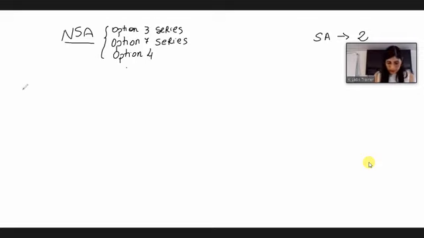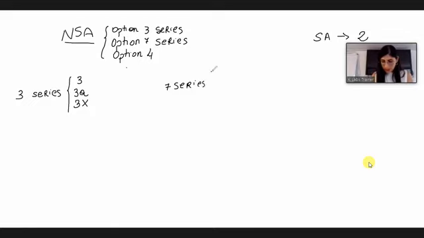Actually, option 3 series is a family of options. In here we can find option 3, option 3A, and option 3X. Same thing for option 7. With the option 7 series, we will find option 7, option 7A, and option 7X.